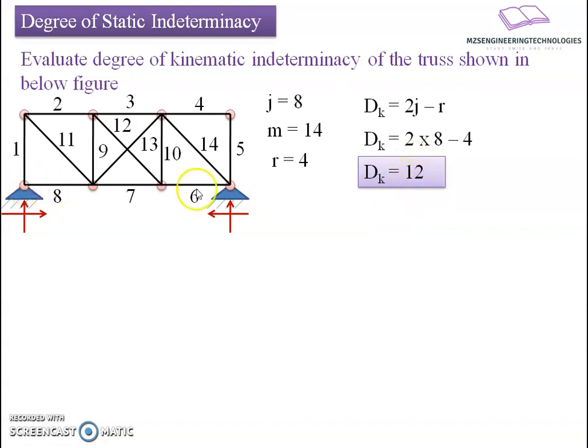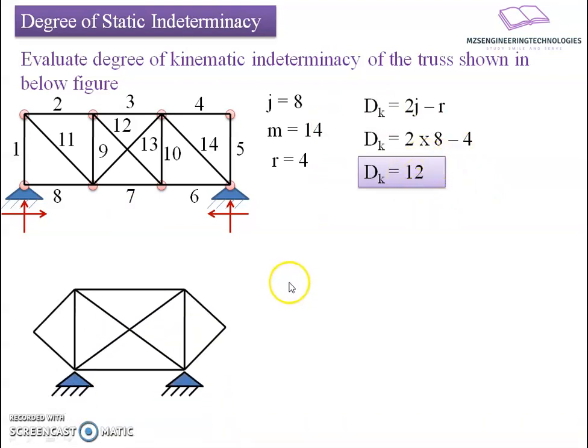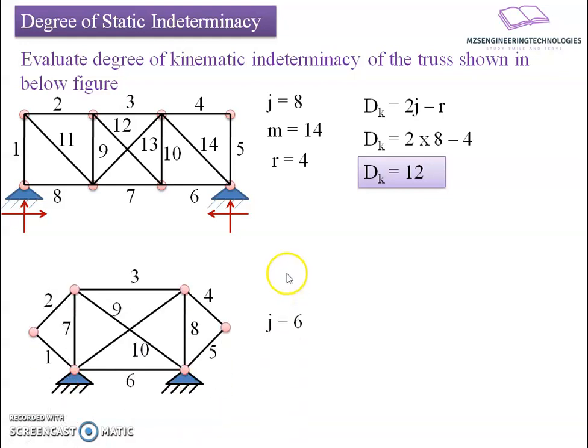If we see these ends where the supports are provided, there is no degree of freedom, whereas the other joints are free. So 1, 2, 3, 4, 5, 6 joints are there. Multiplying by 2 for individual displacements results in 12, and this equation also results in the answer 12. Let's move towards the second example here, which is supported by end supports like this. Number of joints are 6. Number of